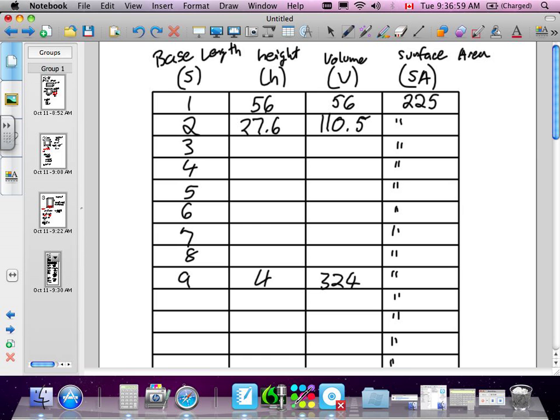So what we discovered about this is that our max volume from the ones we've tried when we went through this was 324 when our base length was 9 and our height was 6. Now, if you guys look,